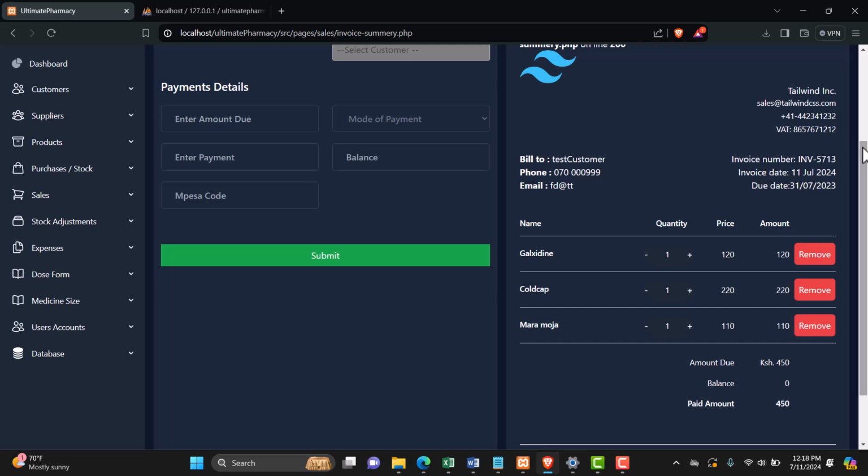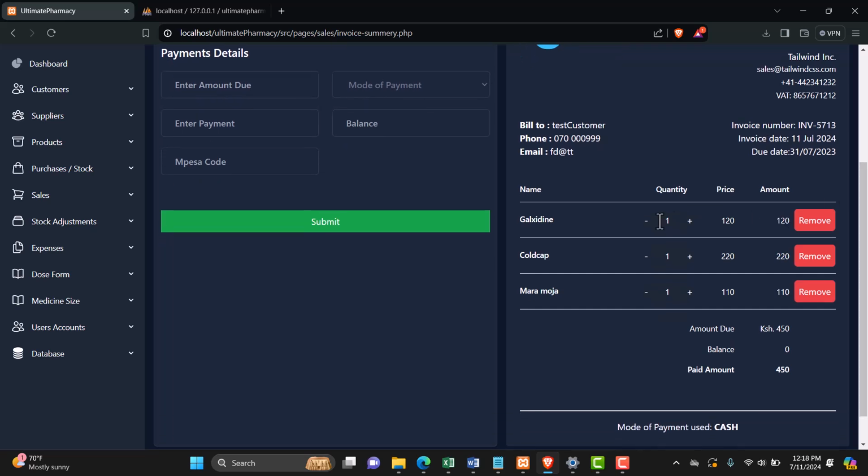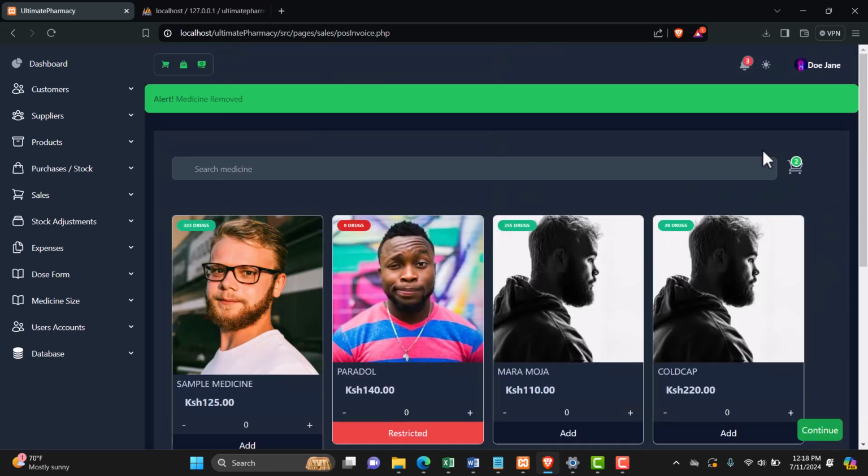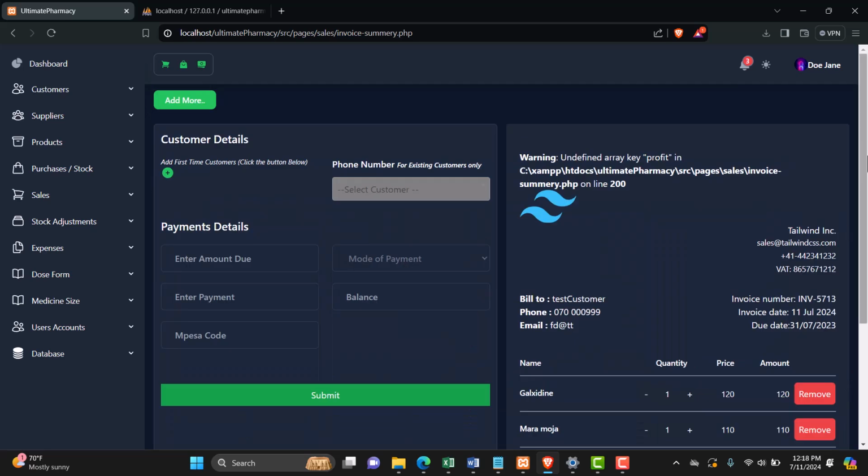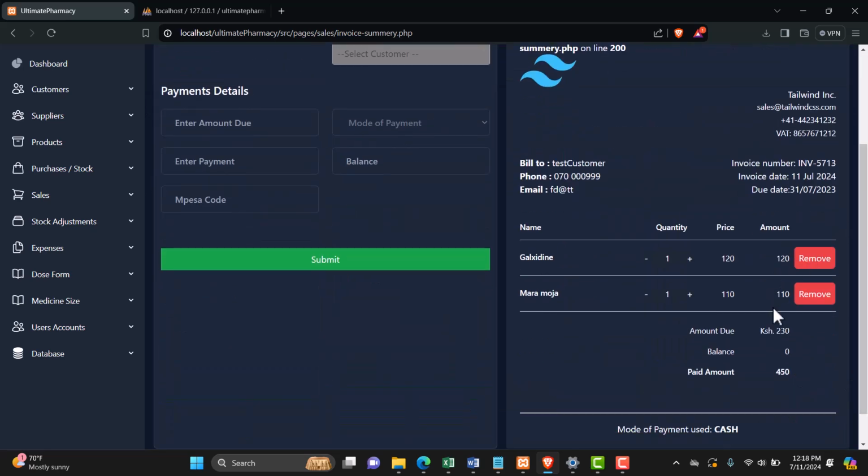so that was not fixed. In any case, if a customer decides that, oh, I don't need the cold cup or I don't need one of these, you can remove them at this specific point. So, for example, we just remove the cold cup. So, medicine removed. And so, if I click continue, we're now going to see